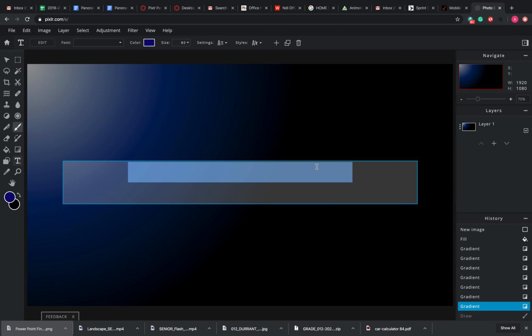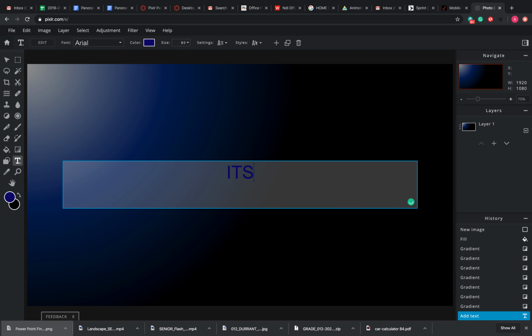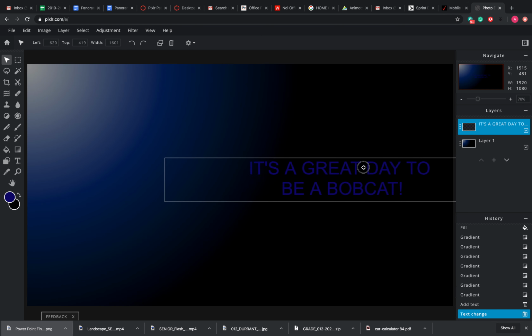So if I wanted to add text, I could click there and type in. So my computer was already on caps lock. That's why everything is in capital letters. If I move it over here,